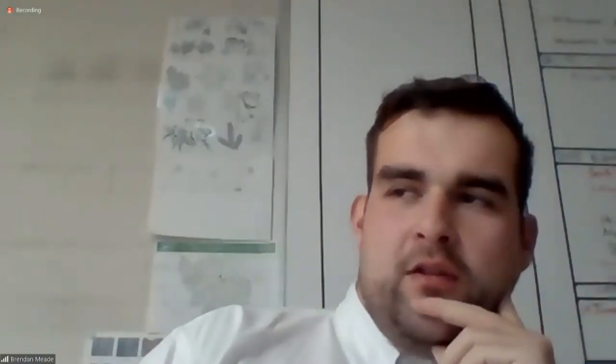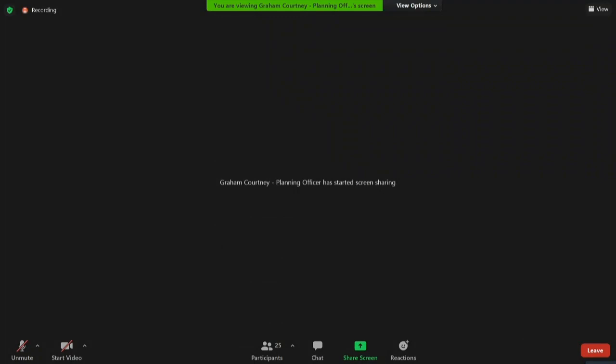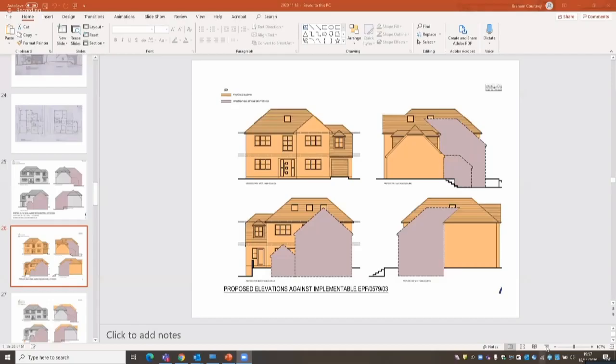They're raising the ridge height by 0.5 metres with this application. There was no raising of the ridge height with the application, the 2003 one. So Graham will show you the...